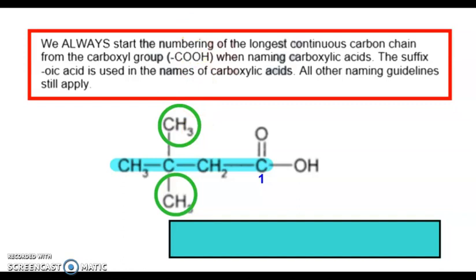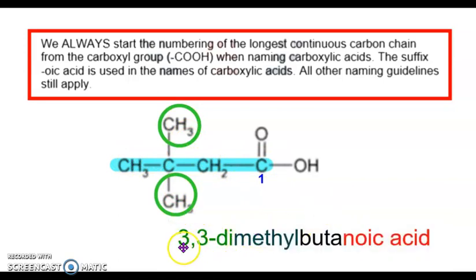Now, whenever we have 2 of the same and we use the word di, we have to give 2 addresses. Now both of these are on the same carbon. It's on carbon number 3. So this would be 3,3. We have to give both of the addresses. 3,3-dimethyl butanoic acid. So there we have it. 3,3, 2 addresses because it's a dimethyl. The butan comes from the 4 carbons and it ends in oic